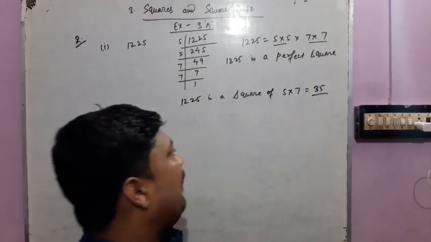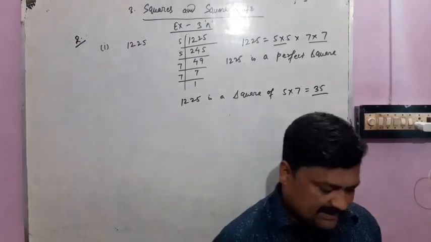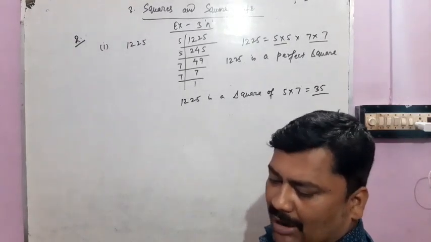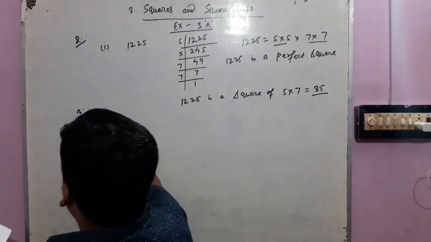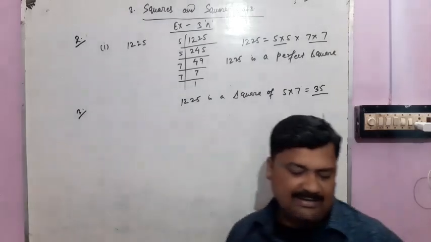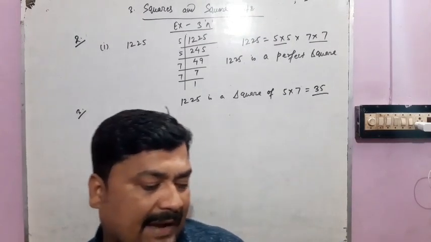1225 is the square of 5 into 7, that is equal to 35. Okay friends, in the same way you have to solve the rest of the questions. Now look at question number 3. In question number 3 it is given, by what least number should the given number be multiplied to get